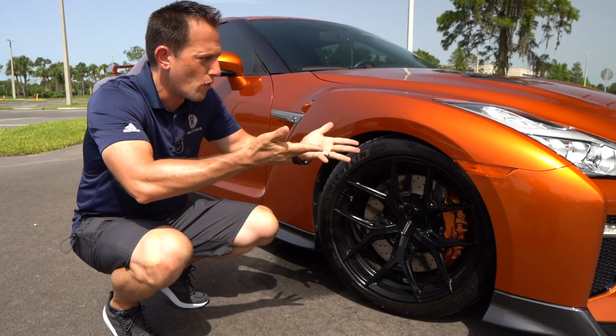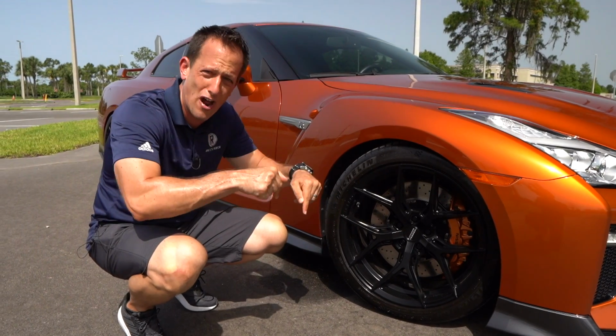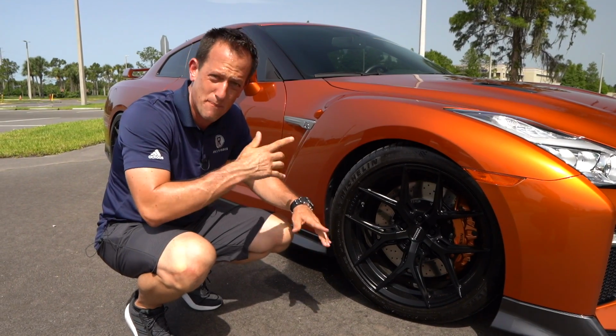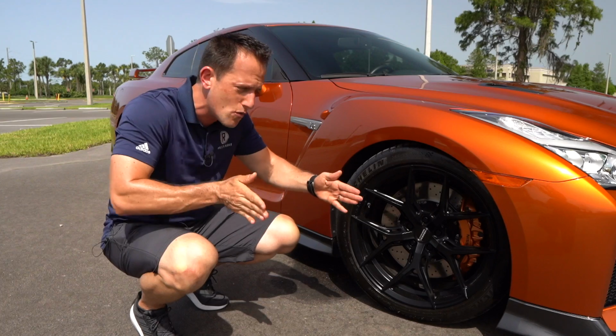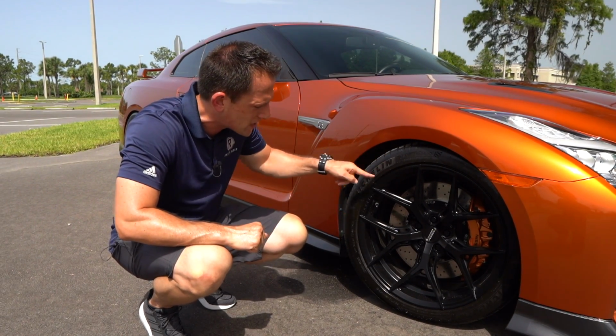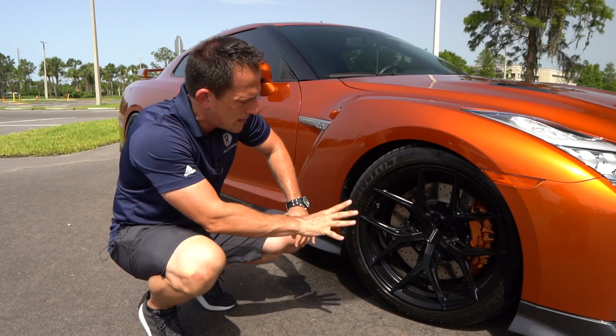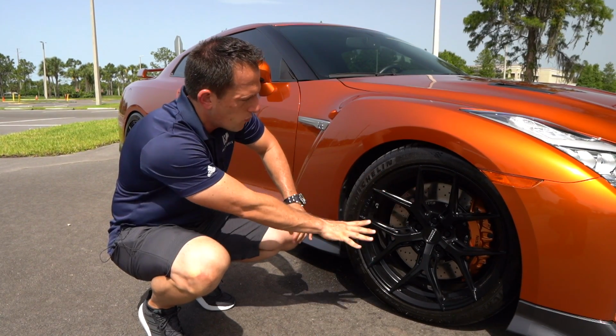If you're wondering, well, Joe, what's the tire size on this? You're looking at 285 up front. Some cars don't even have 285. Performance cars have 285s out back. 285s up front, very, very low 35 series sidewall. J-Rod is smart to run those Michelin Pilot Sport 4S tires, but definitely the brake color, the wheel color,